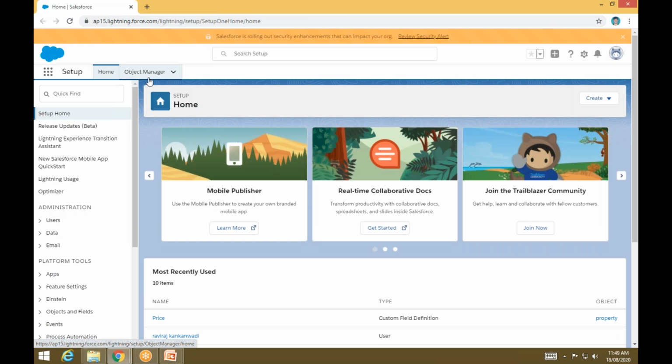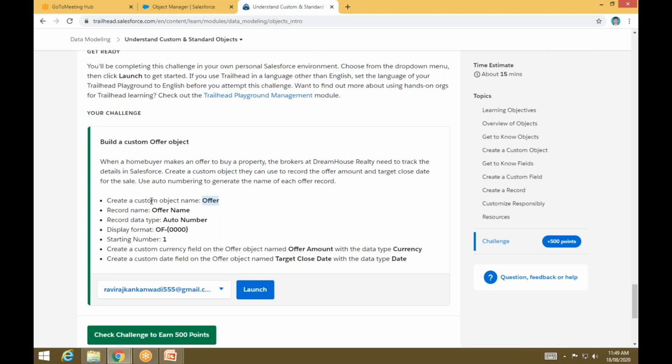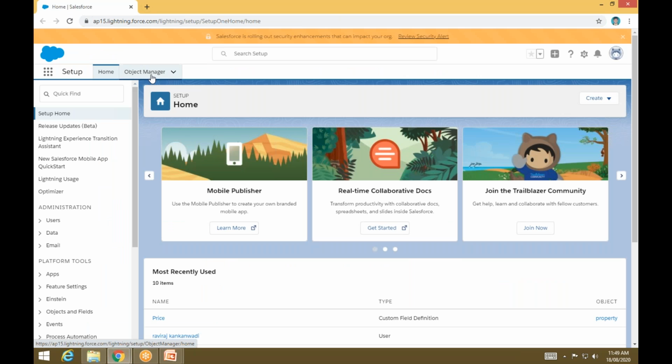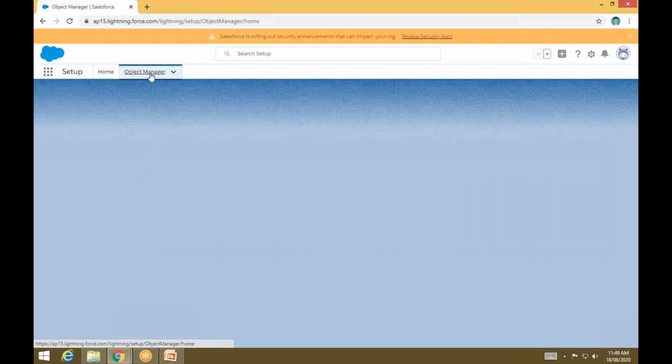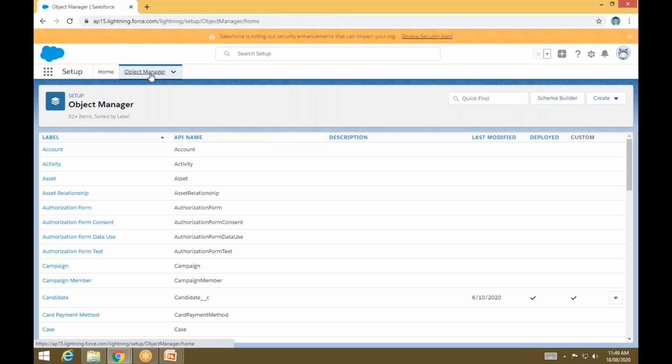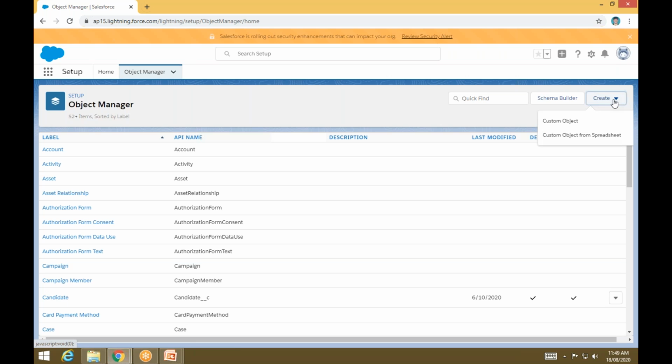Now what I need to do first is create the custom object. How do I create a custom object? Just click on the Object Manager. Here you have the option called Create. Within Create, I have Custom Object as the option. Just click on Custom Object,